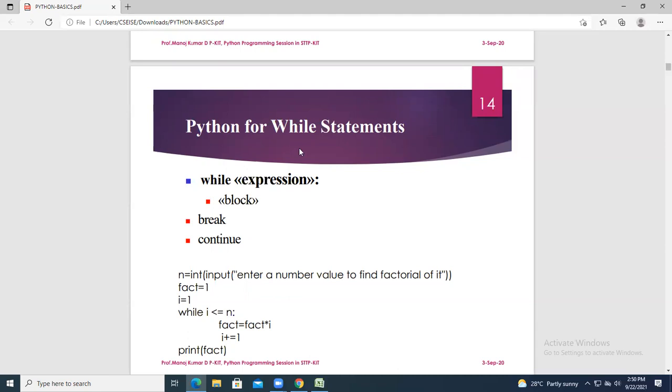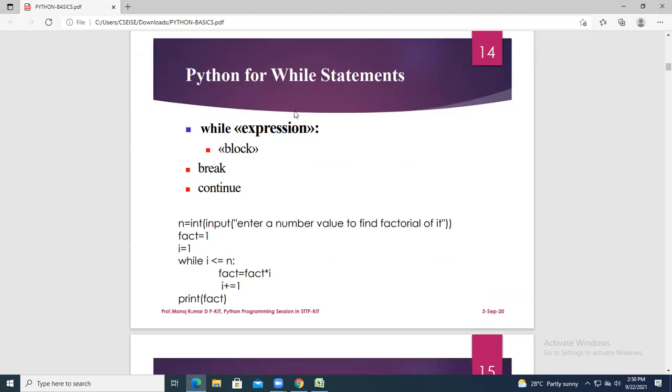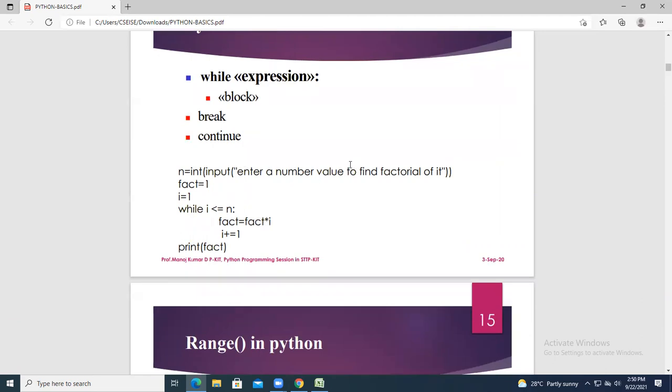That is the difference between conditional statements and control flow statements. Under conditional, if the condition is true, the statement is executed only once. In a loop, if the condition is true, the statement will be executed n number of times. That is the difference between if and while. Okay. This is the program syntax we have taken.